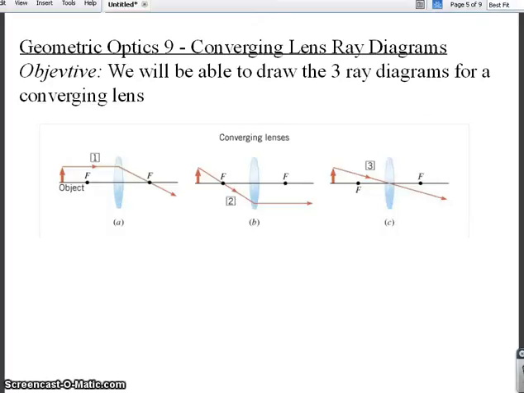Good morning, class. Welcome to this lesson on Geometric Optics 9, Converging Lens Ray Diagrams. So today we will be able to draw the three ray diagrams for a converging lens. And before we start off, I would just like to say that these ray diagrams are going to be very similar to mirror diagrams